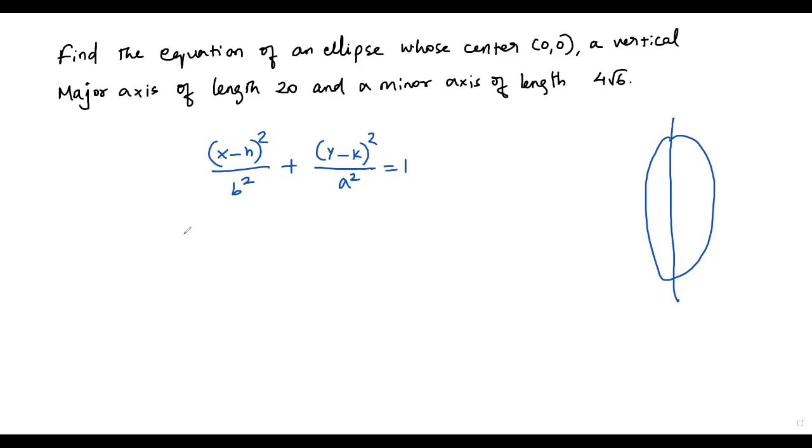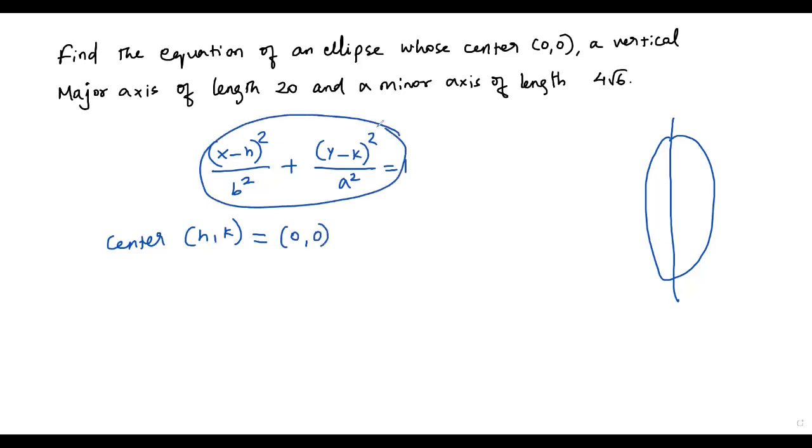Here (h, k) stands for the center of the ellipse. The center of the ellipse is given in the question itself, that is (0, 0). So we have to plug in h equal to 0 and k equal to 0 into the above standard equation of the ellipse. Still, we have to find the value of b square and a square. Already we know that